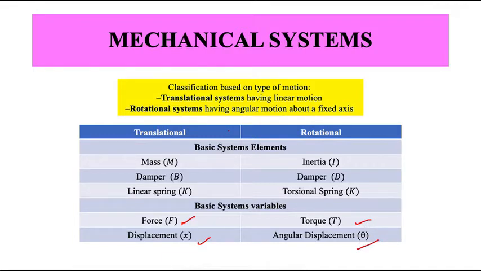And what are the building elements? I will have a mass, which is essentially like a kinetic energy element. I will have a spring, which is essentially like a potential energy element, and a damper, which represents the loss or friction in the system, or we can also have an external damper to the system. In rotational motion, I could have a moment of inertia, a torsional spring, and again the corresponding damping or resistance element.